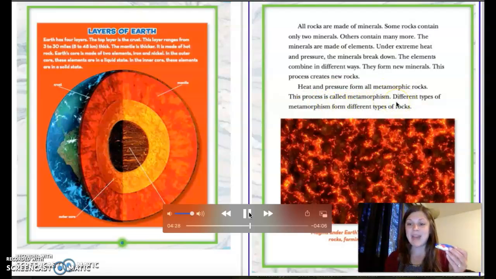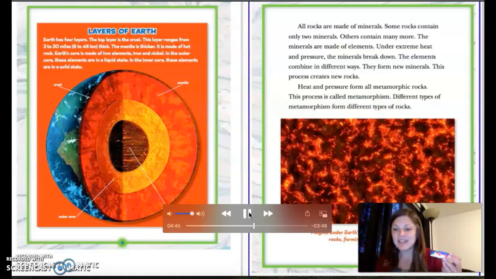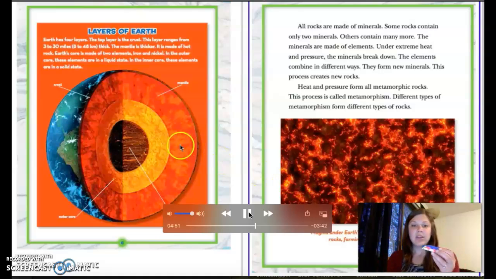Everyone say metamorphism. Metamorphism. Different types of metamorphism form different types of rocks. Here, the magma under Earth's surface can heat up nearby rocks, forming metamorphic rocks. So over here, this diagram